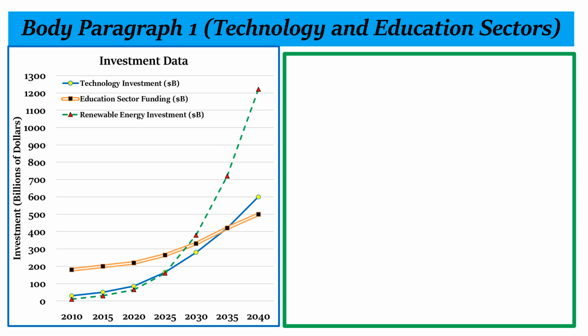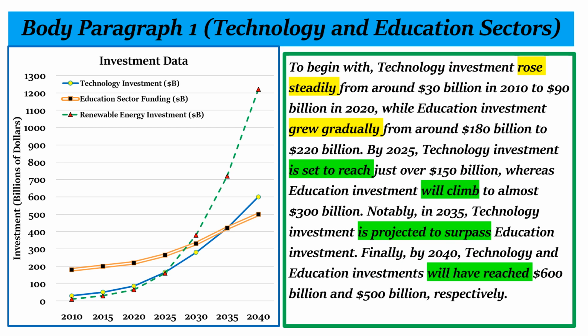Read the paragraph and compare it with the graph to see how the trends are described. Pay attention to the sentence structures used. We used the past tense for past trends, and those past expressions are highlighted in yellow. For future projections, we use different structures. Notice how we use passive forms such as is set to and is projected to, and the future perfect tense